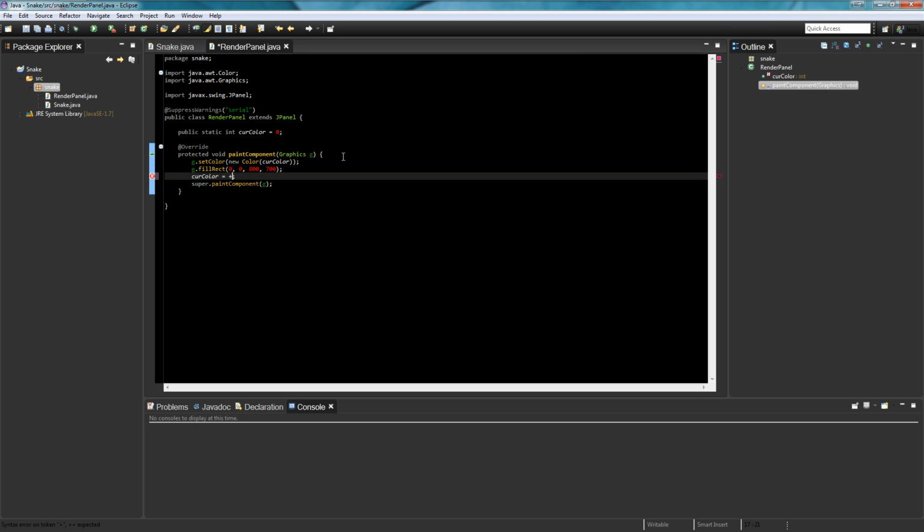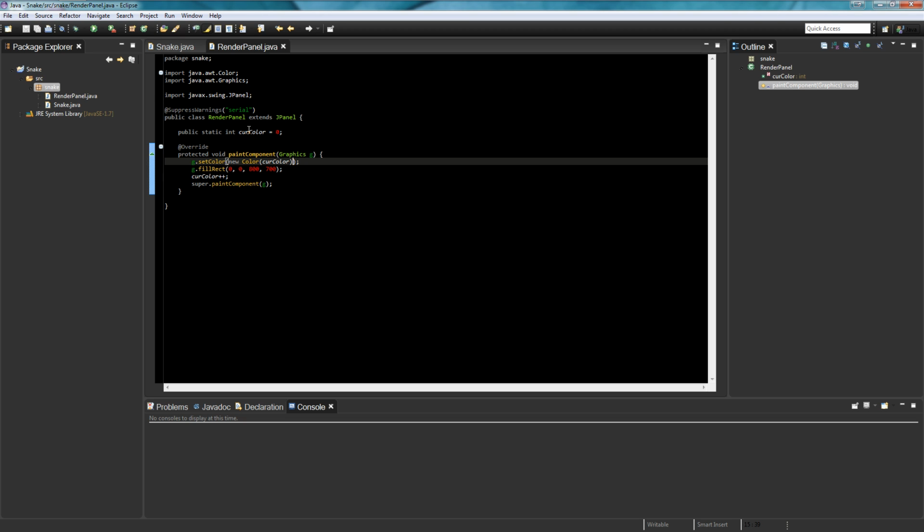Don't get confused with equals plus, because it will end up like that. So plus equals 1 does the same as plus plus. This means that it will create a new color each time, and it should start changing colors